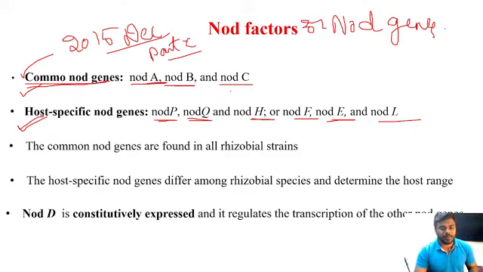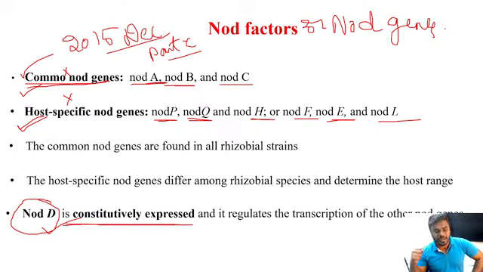What is that very interesting point? If the common nod genes and host specific nod genes want to be activated, there will be a requirement of a gene called the nodD gene. Everyone has to remember, without the nodD gene, you can't imagine the activation of the common nod genes and host specific nod genes. First, this has to be expressed. And what do you call it? We call nodD a